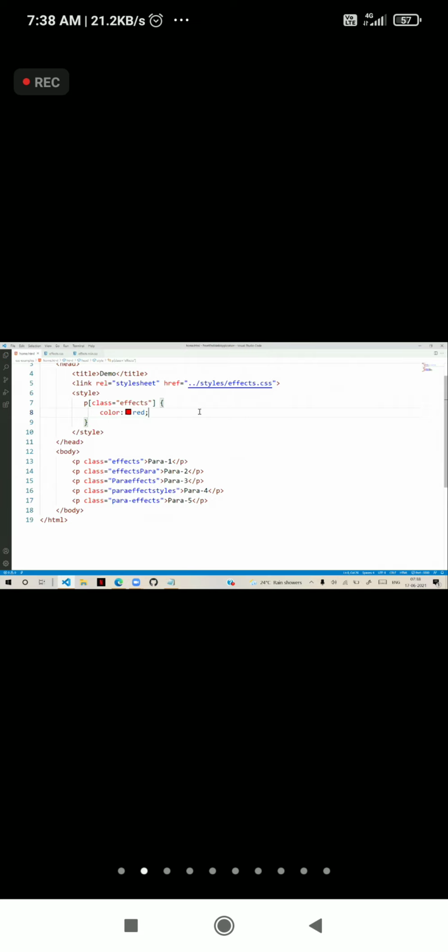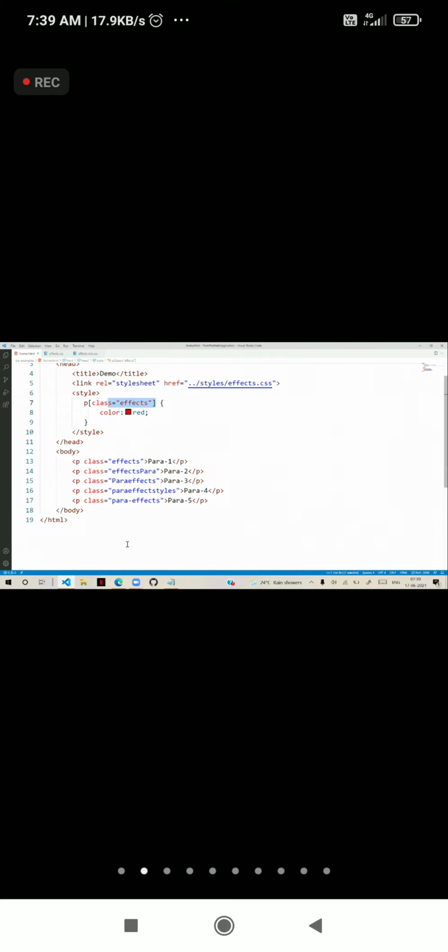Tell me. Because effects is a class word used everywhere. Good. This is equal. Equal means it will apply to the exact matching. Exact matching is the first paragraph. So it will apply to the first paragraph.